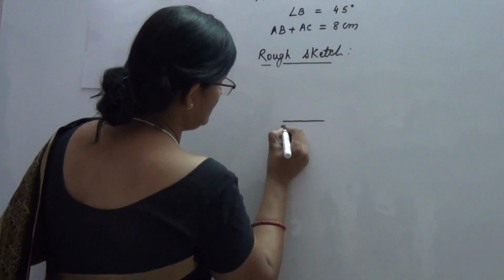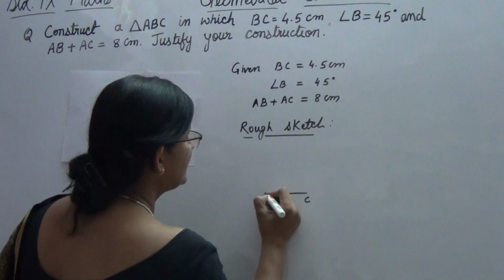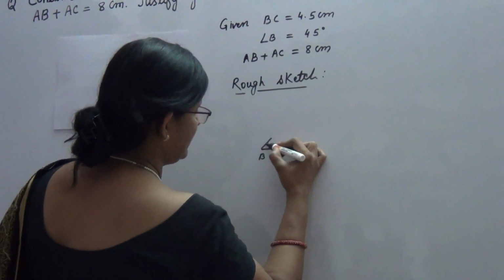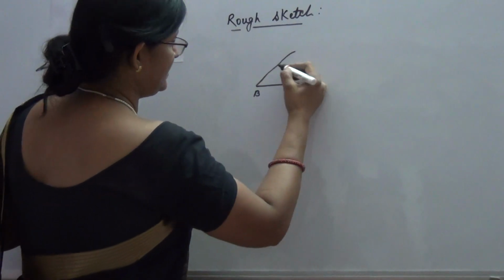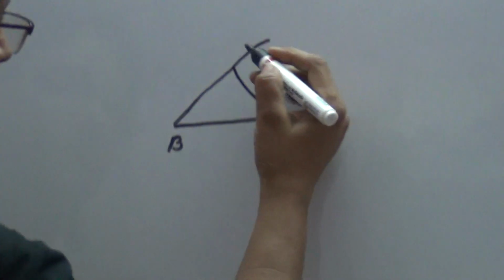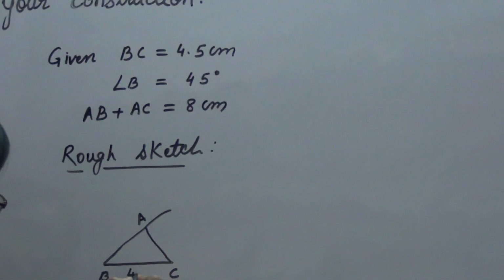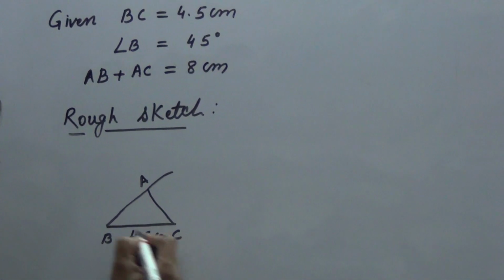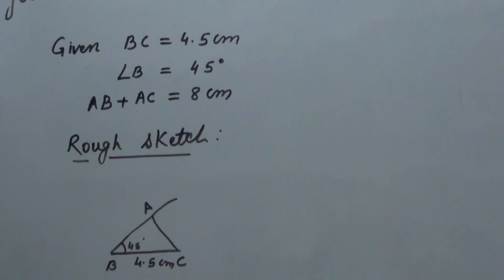Suppose this is BC. Angle B is 45 degrees, which is likely to be like this. And AB plus AC is 8 centimeter. So let us assume here it is A, B and C, with 4.5 and 45 degrees. Now we are going to do the construction